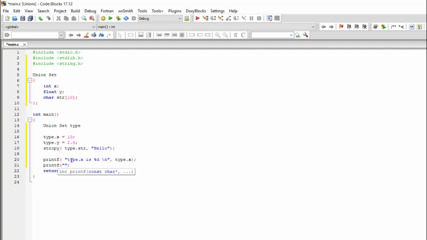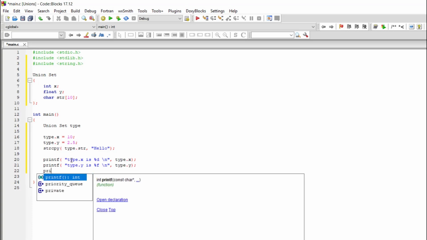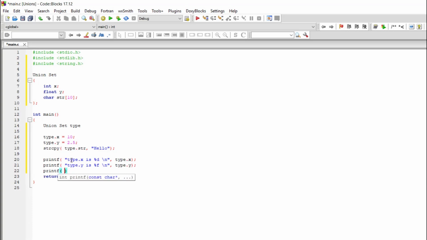printf, I'm going to say type dot y is %f, so type dot y, with a semicolon at the end. And for the string, printf,